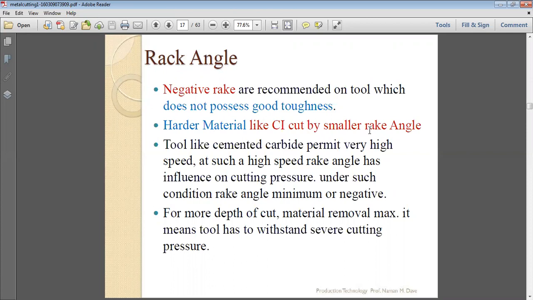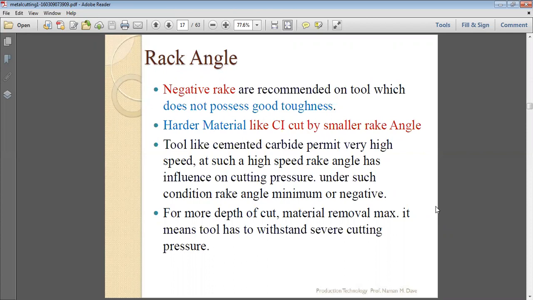If we increase the rake angle, it will distort the tool. The distortion in the tool will take place. So tools like cemented carbide permit very high speed, and at such high speed, rake angle has an influence on cutting pressure. Under such conditions, rake angle is minimum or negative. So why are we putting a negative or minimum angle for the rake? It is because